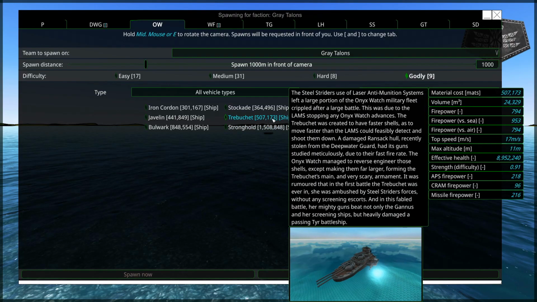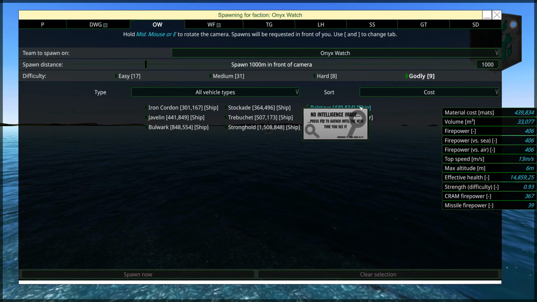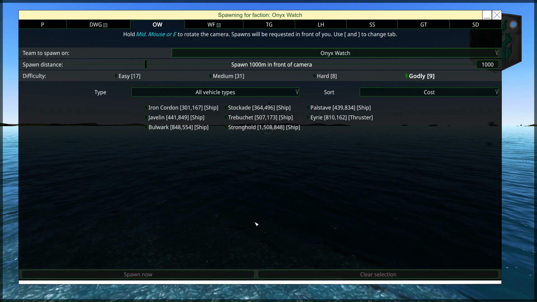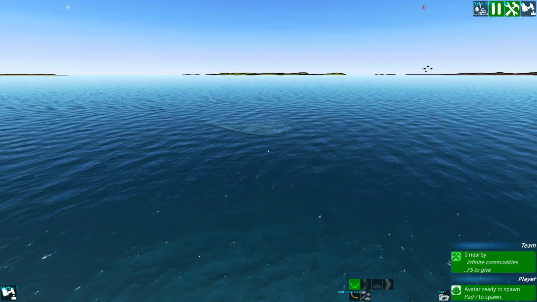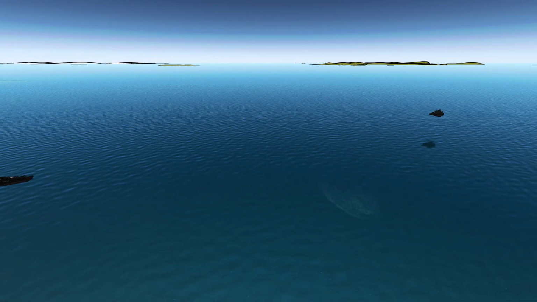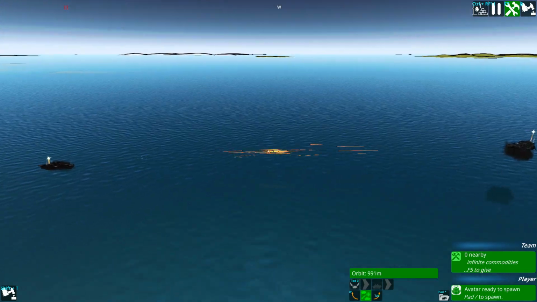Alright, so Trebuchet, done. Eyrie. This is 1v1. It has to be, because the Eyrie is now getting close to the Bulwark's cost. I'm not sure who's going to win this one. My money is mostly on the Eyrie, because the Eyrie is just a dedicated ship killer. Let's see. I'm very curious as to what...